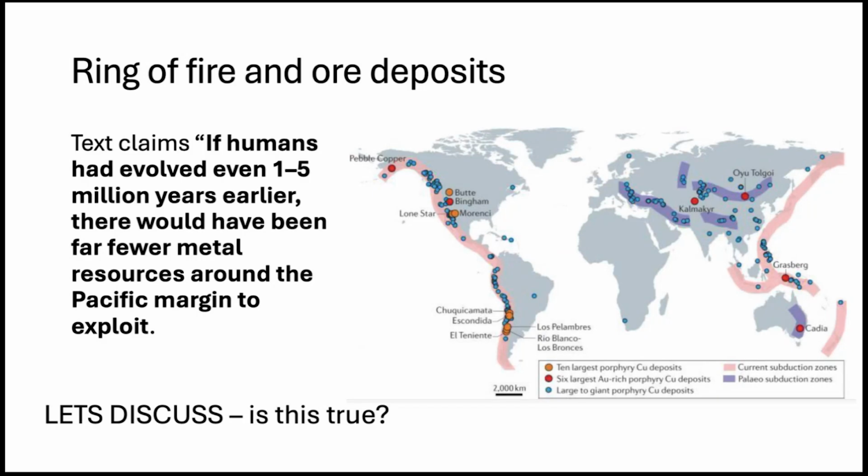I mean, in my thinking, if we look at the Western Pacific, Pacific oceanic crust is up to 180 or so million years old. So it's been subducting for a long time. So I would think that 5 million years ago, there were just as many ore deposits. Some of them may have been eroded in the last 5 million years, but then new ones have been created in the last 5 million years. And so I think it's a little silly to say that there would have been far fewer ore deposits or metal resources. That's just my feeling.